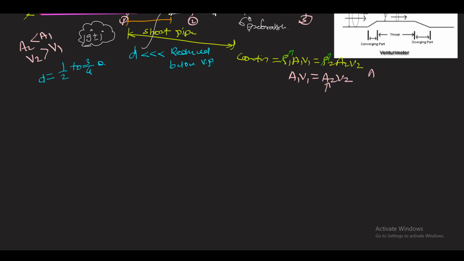This is used to measure the rate of flow. Okay, the rate of flow, and I can say that it is the discharge. So venturimeter is a device that works on the Bernoulli's principle and is used to measure the rate of flow or the discharge. So we have discussed the different parameters here, the convergent cone, divergent cone.